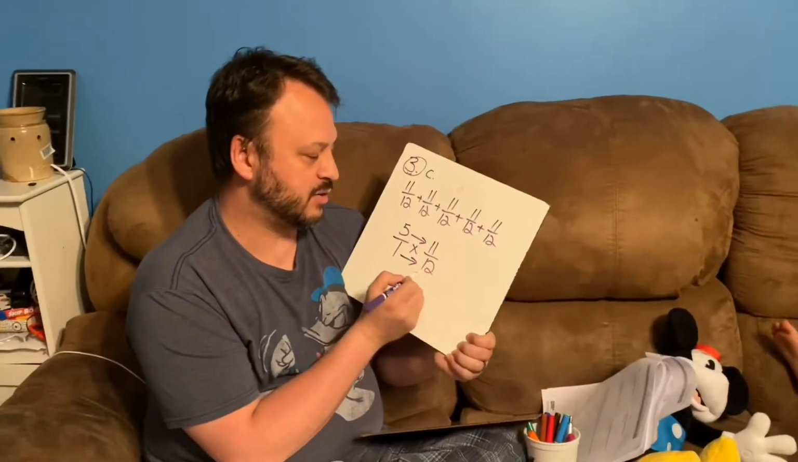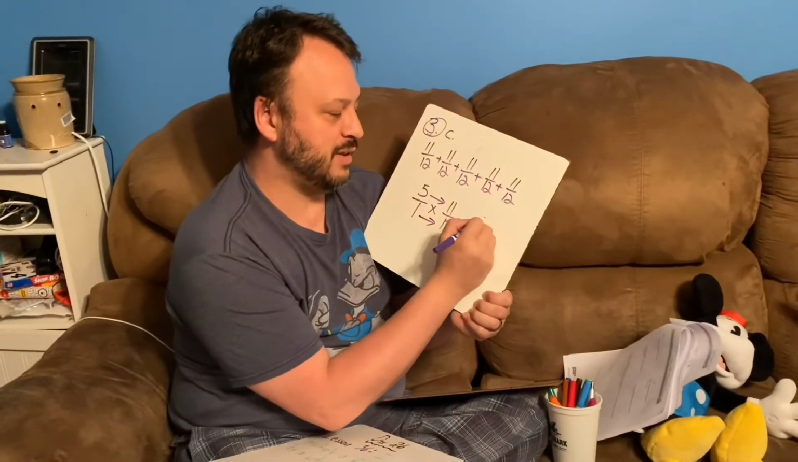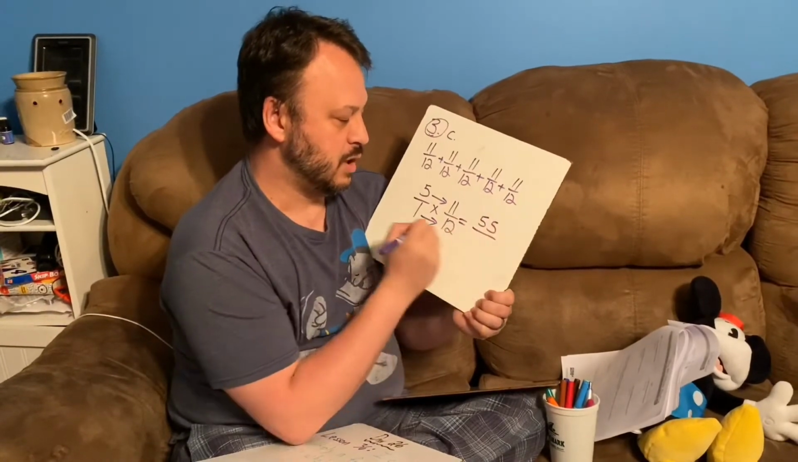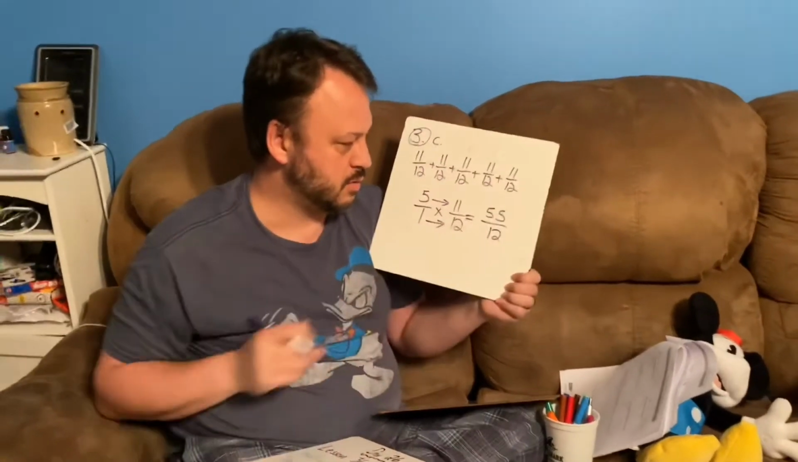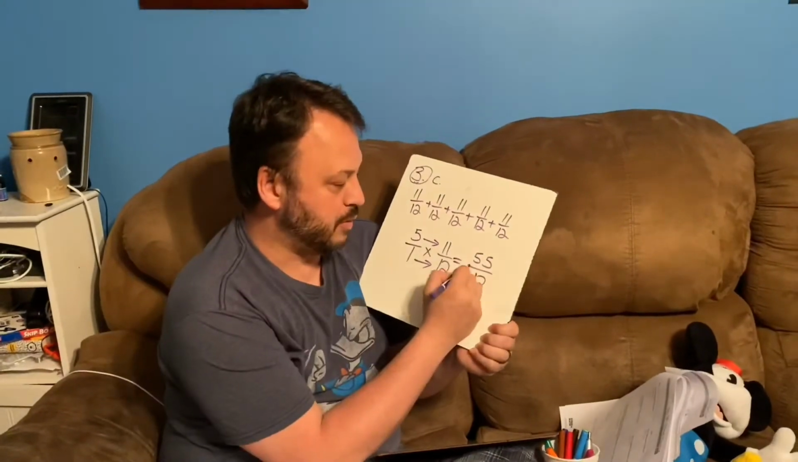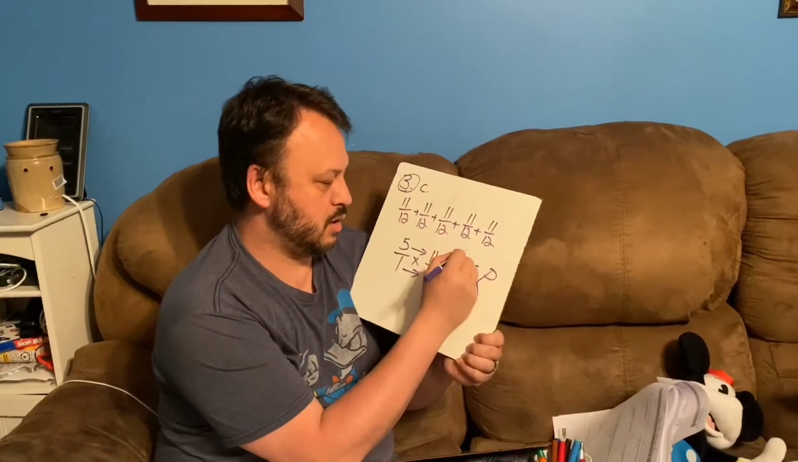Now I multiply my numerator times my numerator, my denominator times my denominator. Well, 5 times 11 is 55, and 1 times 12 is 12. And now I just cowboy this. And I say, well, what's 55